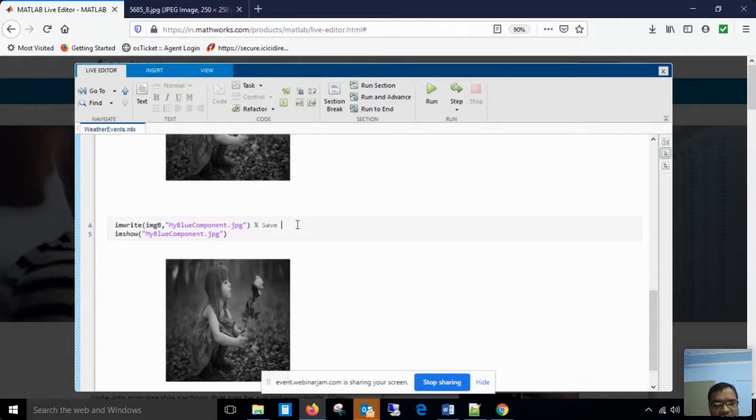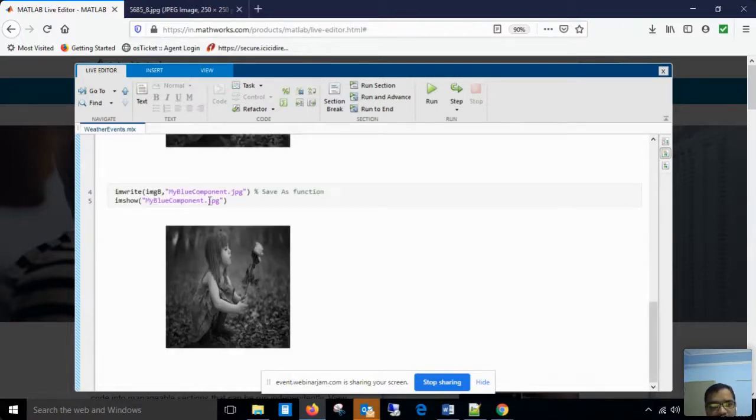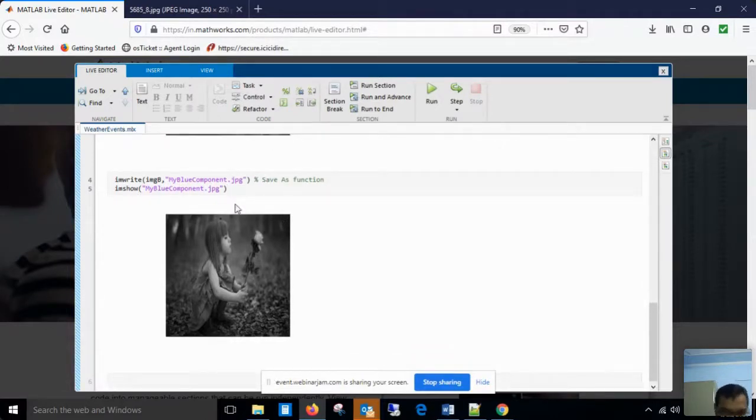an image file. So this is basically the save-as function, which is imwrite, and when it completes writing the file, I just want to check whether my image has been saved successfully or not. Then I can just display with imshow, and the file name will be the parameter, so I can see that my blueComponent.jpg has been created for me, and it is the same as the matrix component. So I can see the information of this file with imfinfo and my blueComponent.jpg.